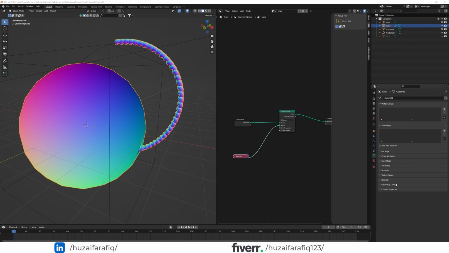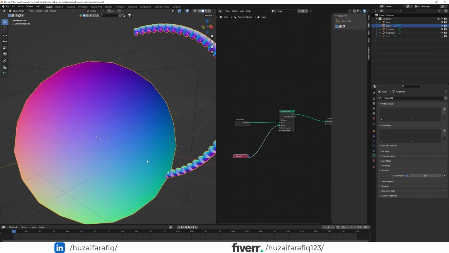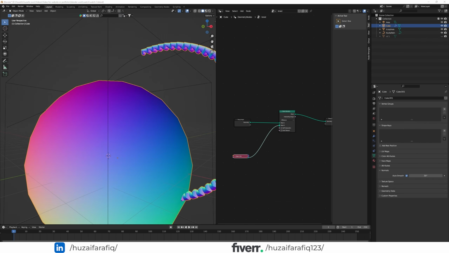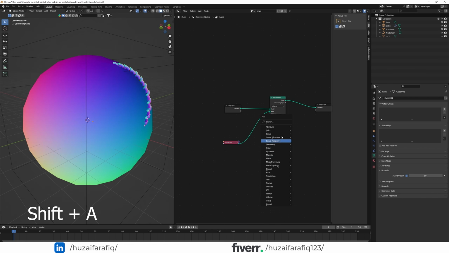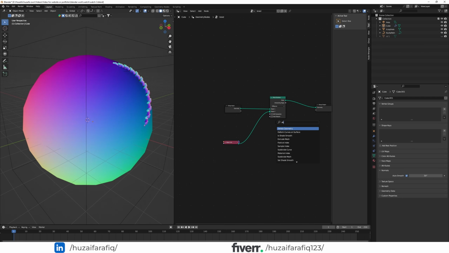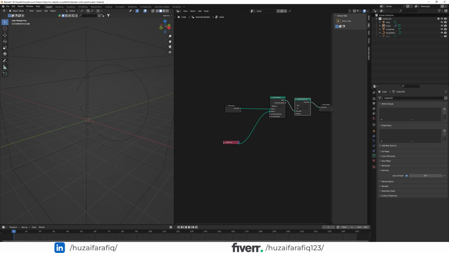Enable auto smooth as it'll fix those vertices as well. Shift A and add delete geometry node. Then we are going to duplicate the object info, and then we are going to add geometry proximity. Just remember to press Ctrl G to group it,